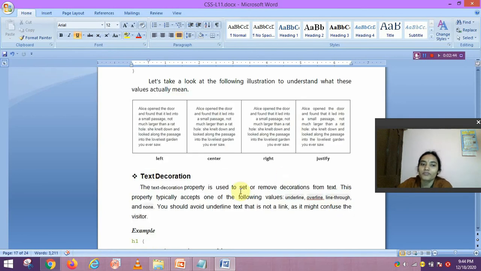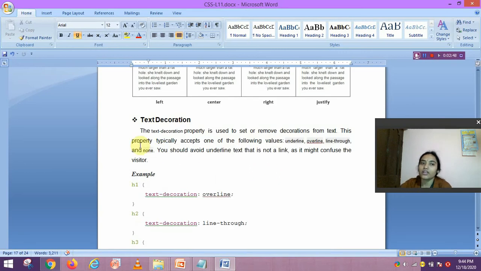Next one is text decoration. The text-decoration property is used to set or remove the decoration from the text. This property typically accepts the values underline, overline, line-through and none.